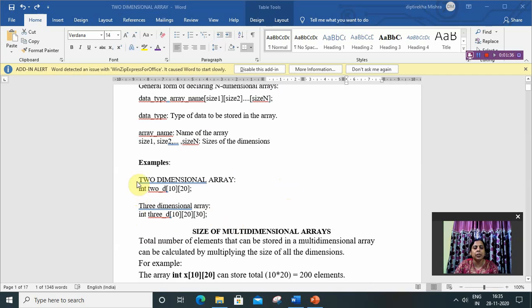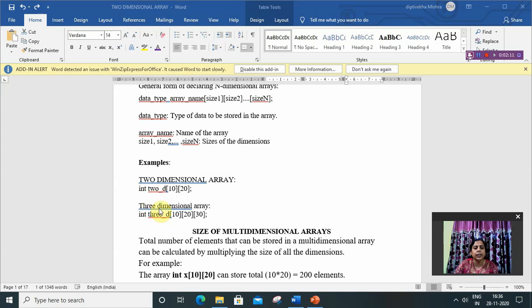For example, for a two-dimensional array, int 2d[10][20]: 2d is the array name, and 10, 20 is the size, meaning 10 is the number of rows and 20 is the number of columns, so each row has 20 elements. A two-dimensional array is an array of arrays, meaning a single element of a 2D array is an array.